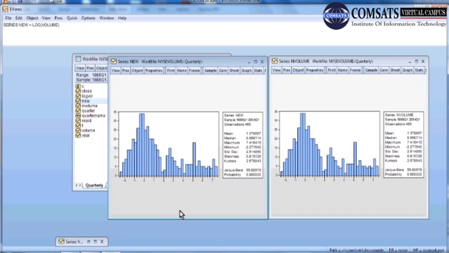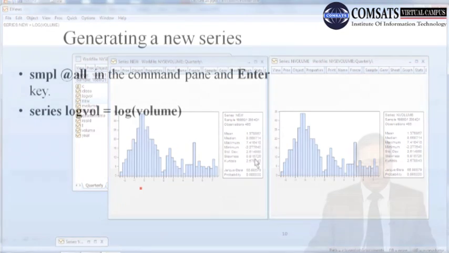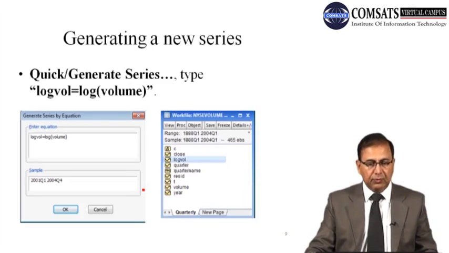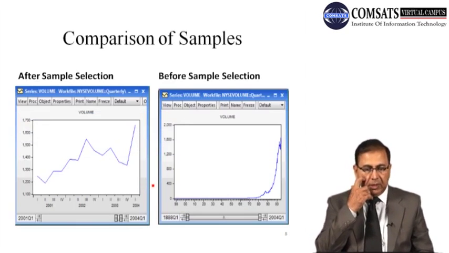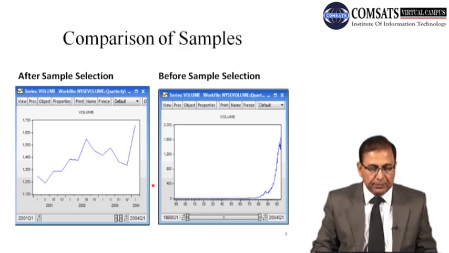तो स्टूडेंट्स, आज अभी तक जो हमने सेकंड पार्ट ऑफ द लेक्चर में डिस्कस किया है कि नए वेरिएबल इसके अंदर कैसे जनरेट होते हैं और उनका डिस्ट्रीब्यूशन पैटर्न किस तरह चेंज हो जाता है जब हम लॉग लगाते हैं. और दो डायरेक्ट मेथड हमने सीखे, एक क्विक मेथड से और दूसरा बाय टाइपिंग कमांड इन द कमांड पेन. सो दिस इज हाउ वी कैन प्रोसीड इन eViews. तो स्टूडेंट्स, आज के लेक्चर में हमने क्या कुछ पढ़ा और क्या सीखा.